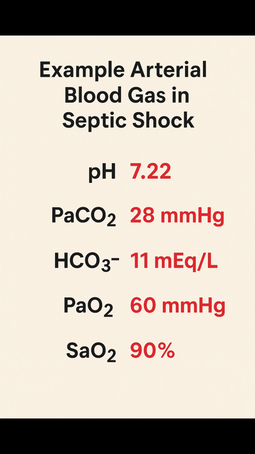Okay, here we have an example of a blood gas in septic shock. Clearly an acidic condition. We have both the respiratory marker and the metabolic marker being abnormal, and the oxygenation being abnormal. So what we appear to have here is some tachypnea. The patient is blowing off CO2. CO2 is low,